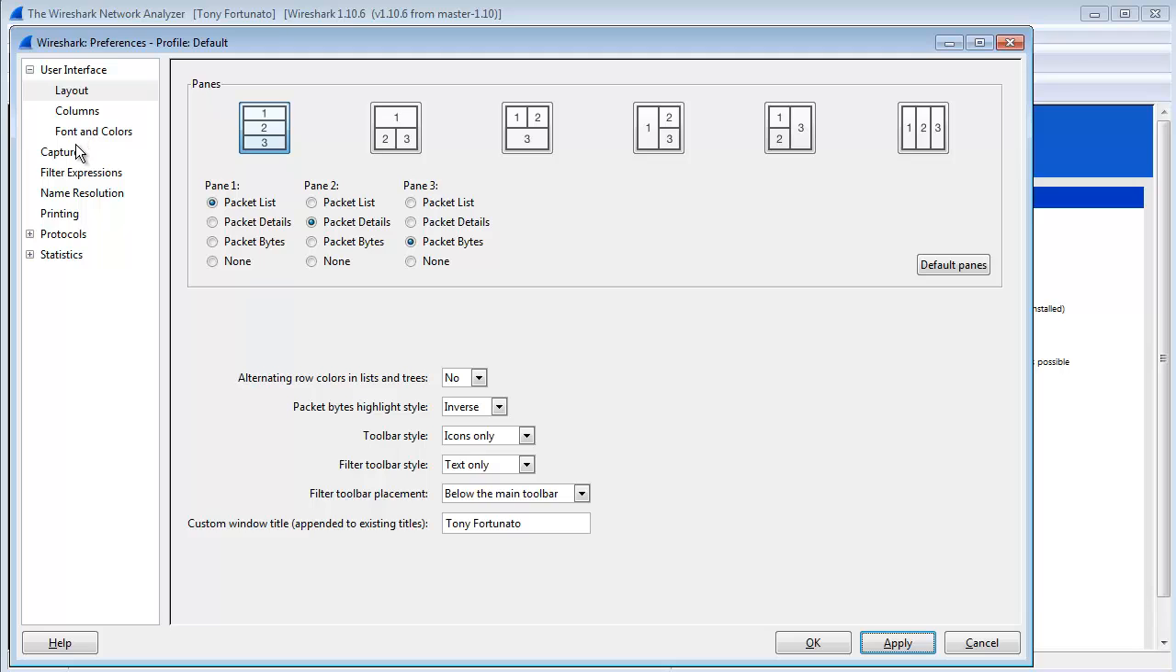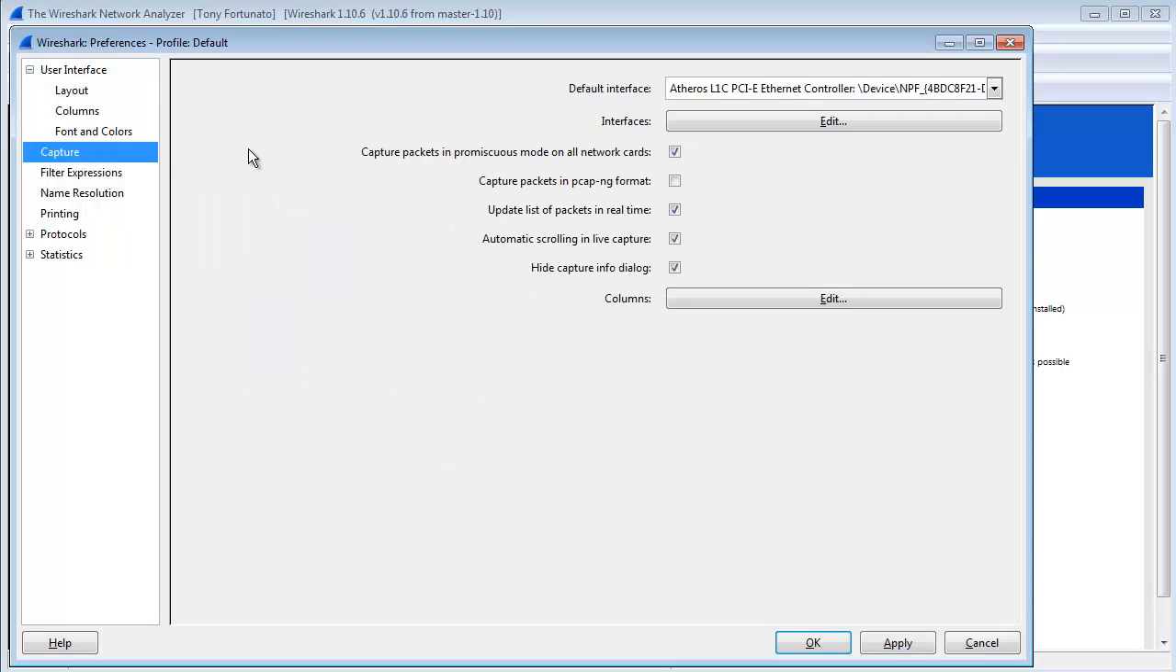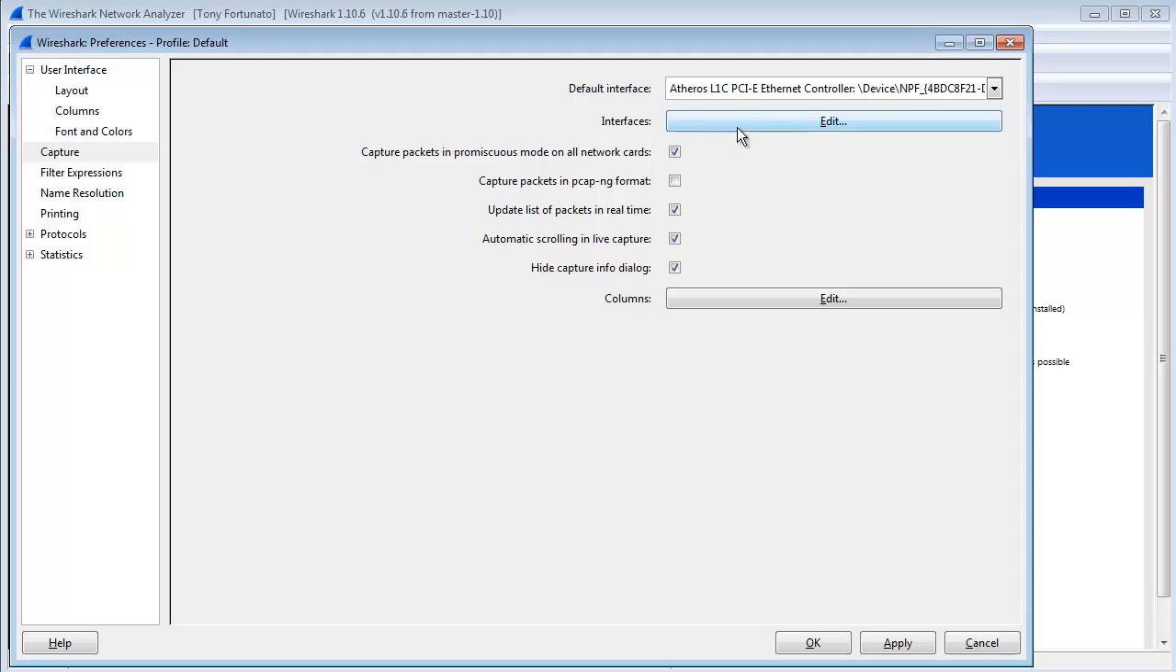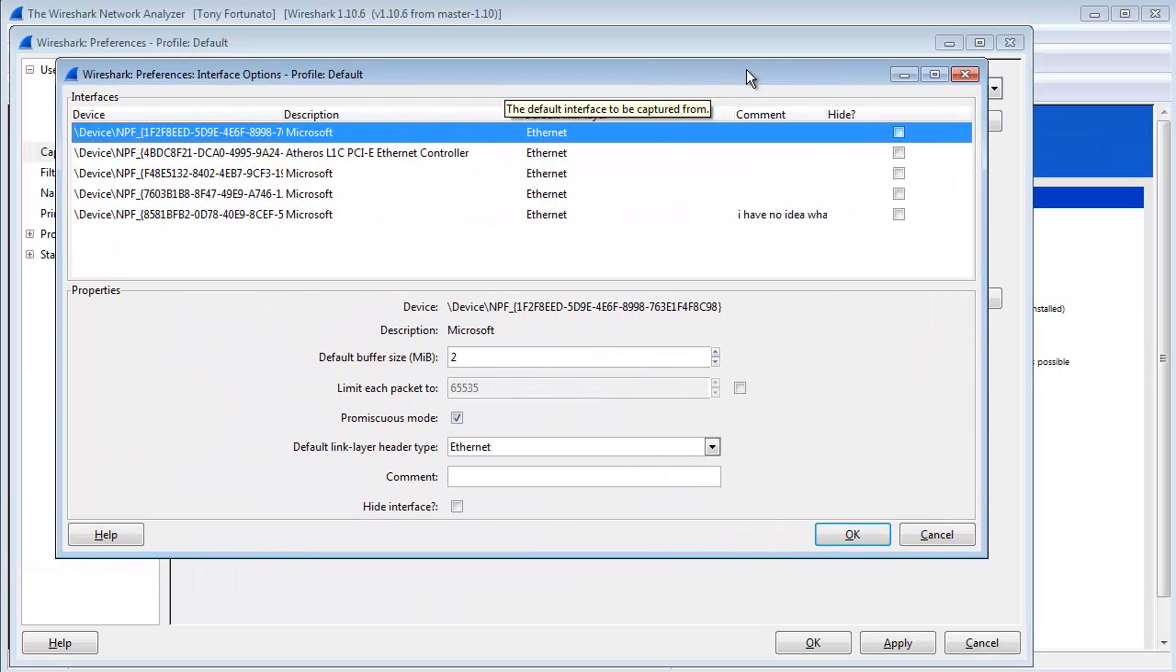The other one, let's go down to capture. This is the default interface. Right now I'm on Wi-Fi, so I probably don't want my Ethernet to be my default. So I can come down here and I can change it to whatever I want it to be. It even allows you to do something pretty cool here in the Edit button. If I click Edit, you'll see it gives you a list of all your interfaces,